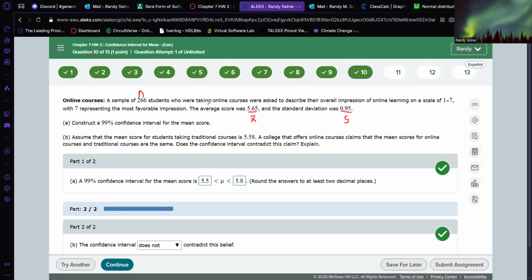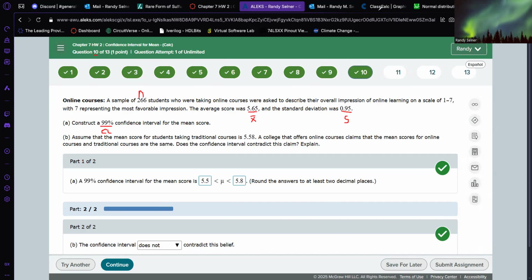They never tell us what the population standard deviation is going to be, so we have to assume this is from the sample. And we're going to construct a confidence level of 0.99 for the t-distribution. Now,